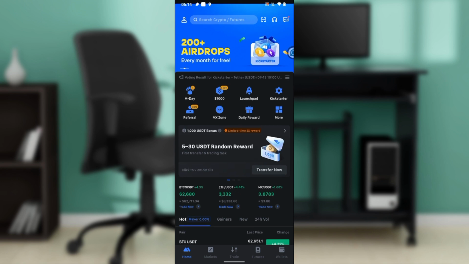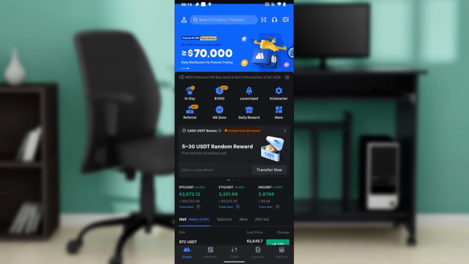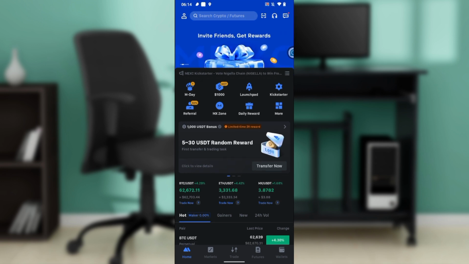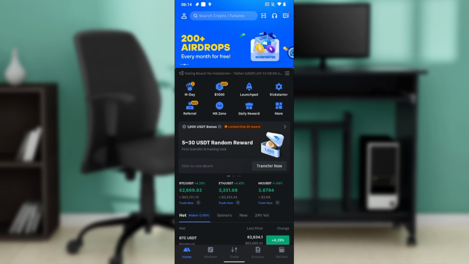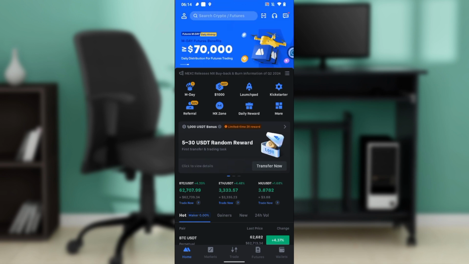We're going to be asked to either log in using an existing account or to create an entirely new account. Now, whichever one you choose, once you sign in successfully, it's going to take you right into the fantastic homepage where you can now explore a lot of features to have an exciting time on MEXC. So now that we're here, let's quickly hop into today's task, and that is how to convert TRX to USDT